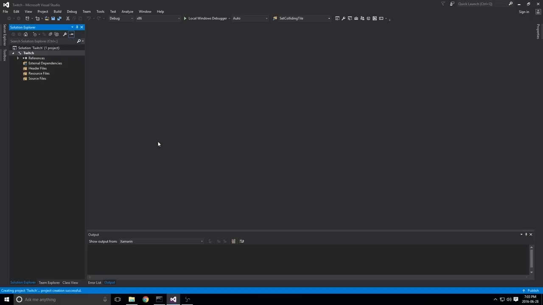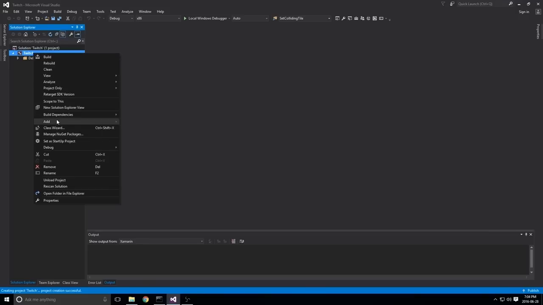We're ready to go. So one thing that I like to do personally is right here on the side, Visual Studio shows you the header files, resource files, and source files. That's actually it grouping certain files together based on their file extensions. It doesn't actually mean that this represents what's in the Explorer. So what I like to do is tick this guy here, show all files, and this is what we actually look like in Explorer. This is the real structure of our program and of our game. I like to leave this on so that I'm aware of exactly what the whole thing looks like in my project. So we'll right-click Twitch, and the first thing we're going to do is add a new item,